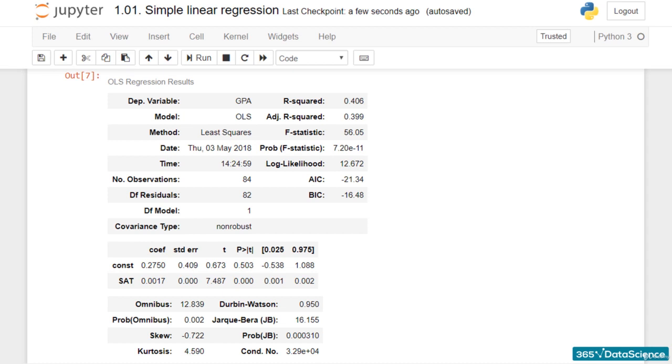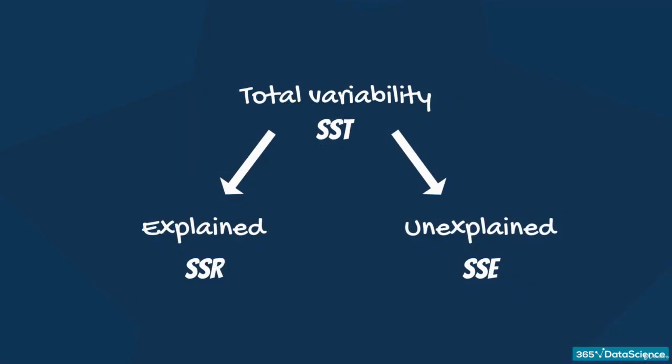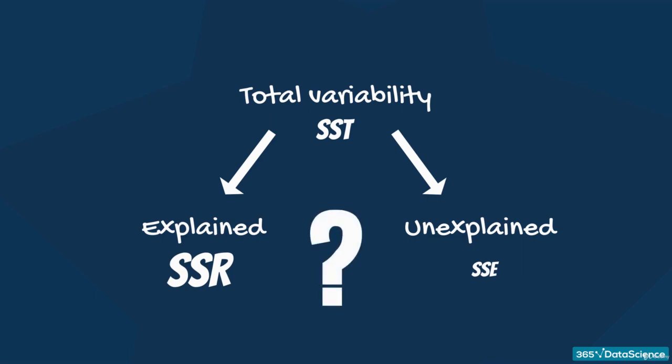The next very important output in this summary we should discuss is the R-squared. So far, we decomposed the total variability of the observed data into explained and unexplained. We've also noted the smaller the regression error, the better the regression. But this is statistics, so there must be at least one widely used measure that describes how powerful a regression is, right? Well, fortunately or unfortunately, depending on your attitude, there may be.